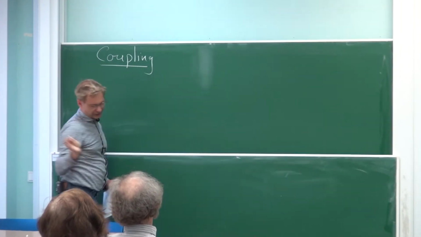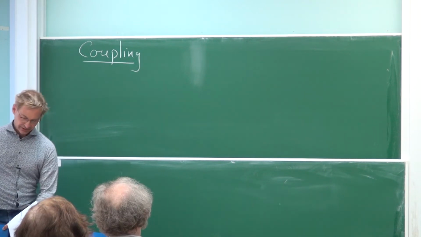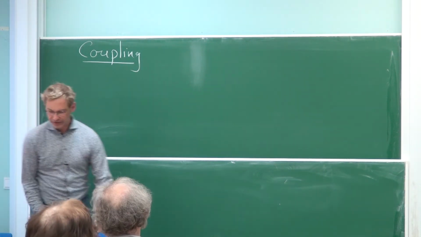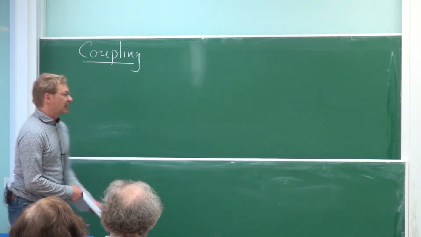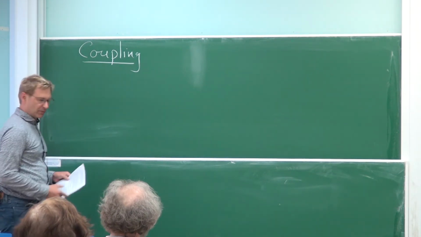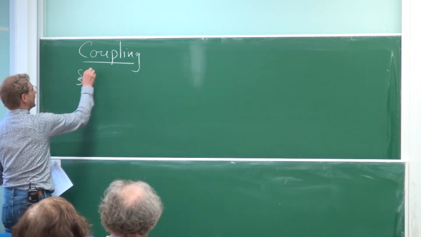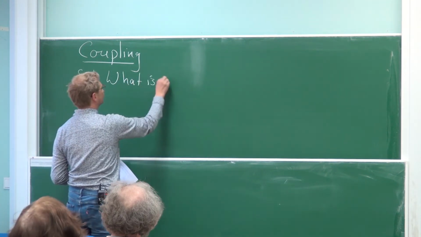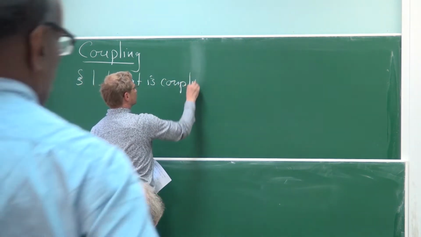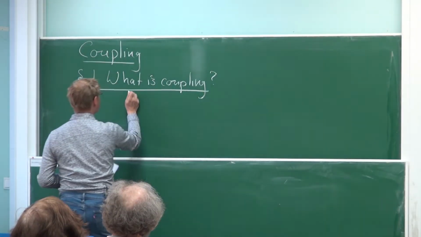The coupling method started somewhere in the 1930s with Döblin and became very fashionable about 30 years ago again. And it's a very powerful method, and I want to show you some applications. So, and of course the definition. So the first question is, what is coupling? And I want to give an abstract definition